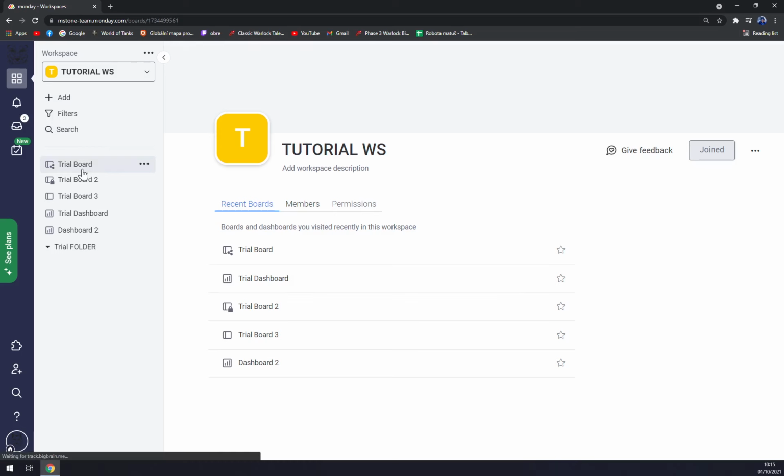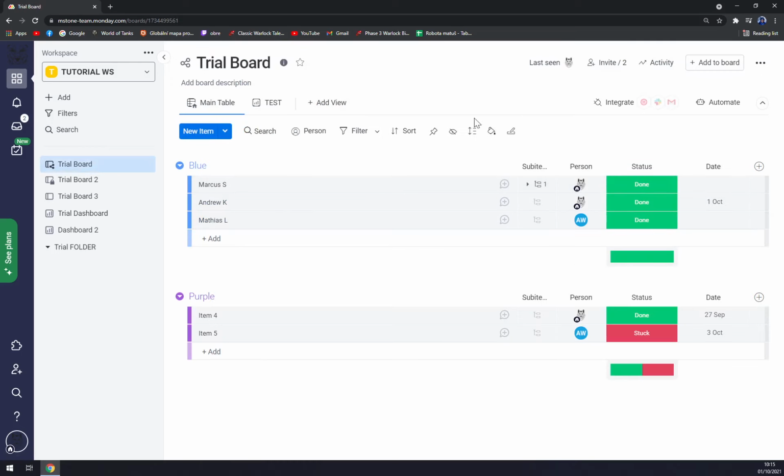Once we are in here, it doesn't matter if you're in your main workspace or tutorial workspace. We want to go to the board, where your information, your details, and all the work that you're working on is. At the moment, let's say we are working on our employees. And we want to move this board into